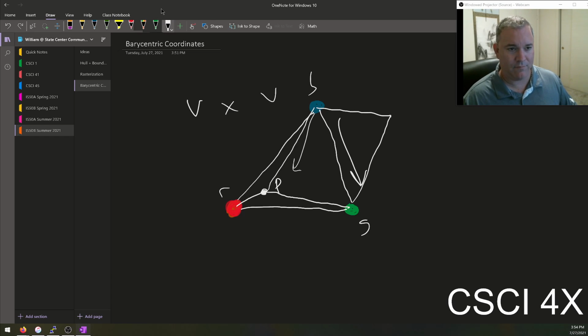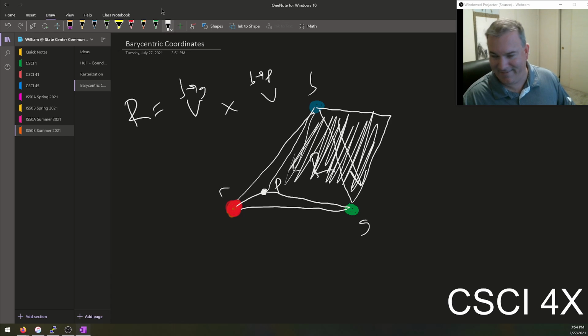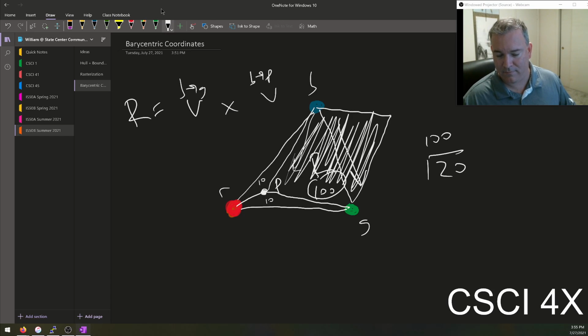So the cross product of the vector from blue to green crossed with the vector from blue to P is the size of R, capital R. Capital R is this area here, okay? And this is going to be a big number because we're close to R, lowercase r. Do you guys see that? Let's say the area of this is 100, and the area of this is 10, and the area of this is 10. Then the total area is 120, and so this capital R divided by 120